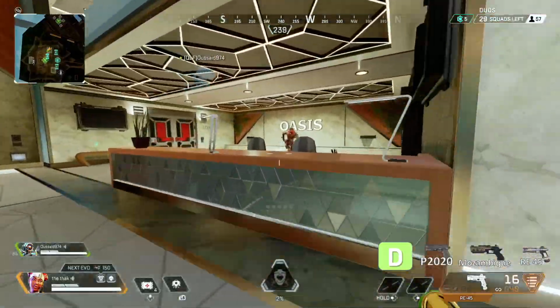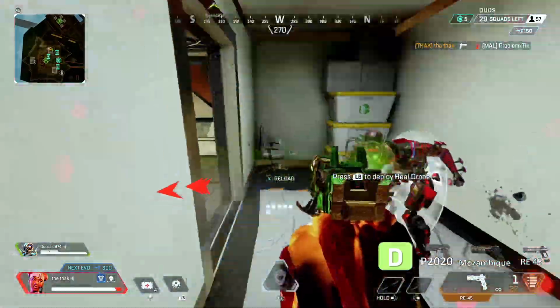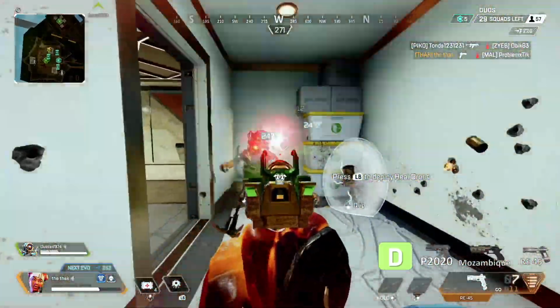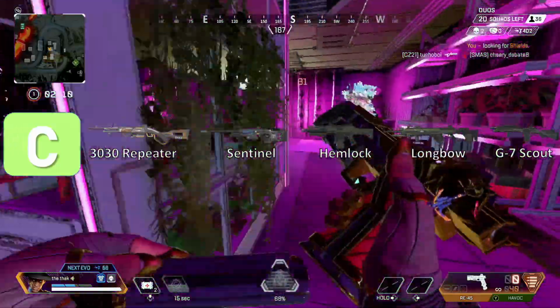Again, the RE45 fits in this category, similar to the P2020 and Mozambique. It's one of those that's useful on drop, but it just doesn't do enough damage per magazine to be useful past early game. Moving on to C tier, here we have the 30-30 repeater, the Sentinel, the Hemlock, the Longbow